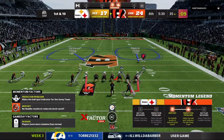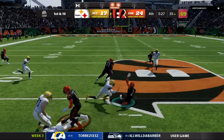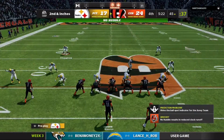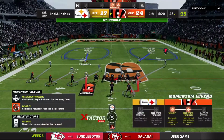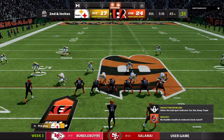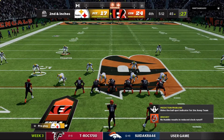Show it up, everybody. From the gun, a run with Mostert. And he'll be brought down right at the 45-yard line. An ideal spot here to get a first down and try to run some more clock. And this is second and less than a yard. It's second and inches at the 45-yard